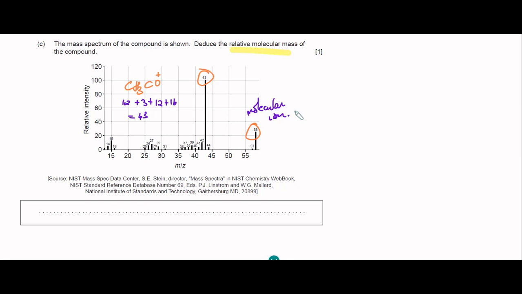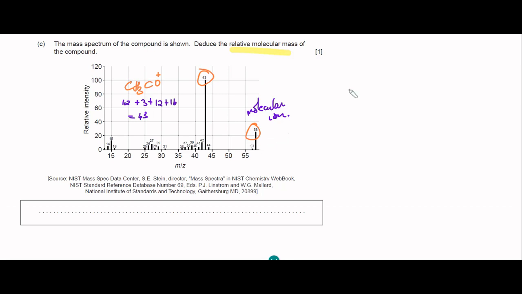So the molecular ion might be resulting from a loss of an electron, or the actual molecule would be having a mass of 1 unit higher than 58. So I'll repeat, this could be because of the molecular ion. Now let's try to find out what could be the molecular ion.